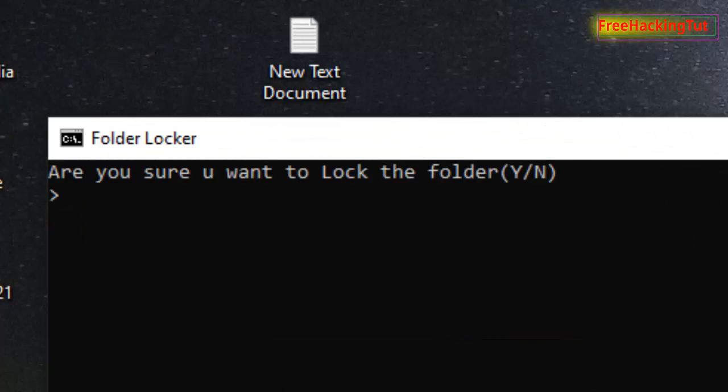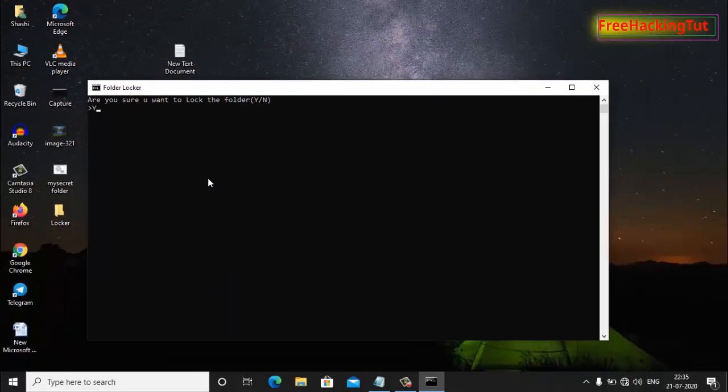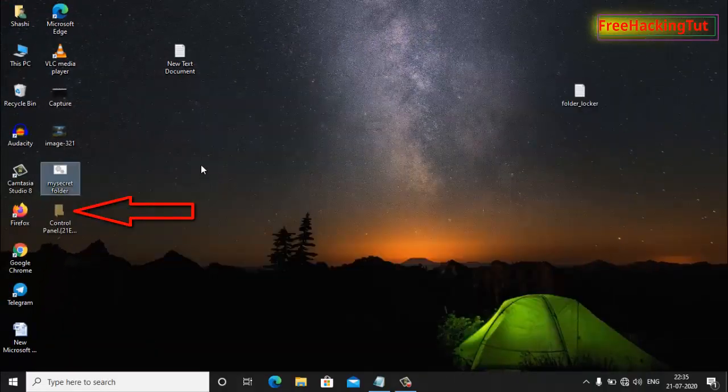So now it's asking, are you sure you want to lock the folder, yes or no? So type Y for yes and press enter. You can see here the folder is now hidden. Now to get this folder again,